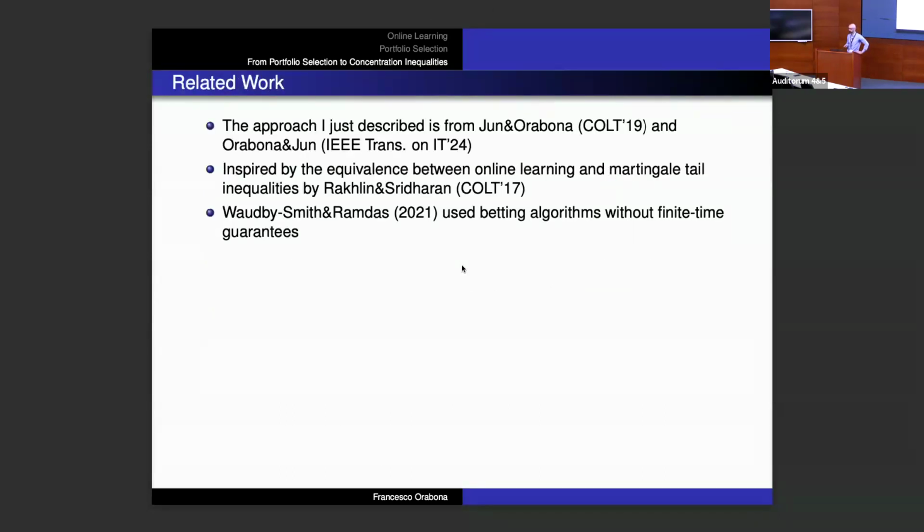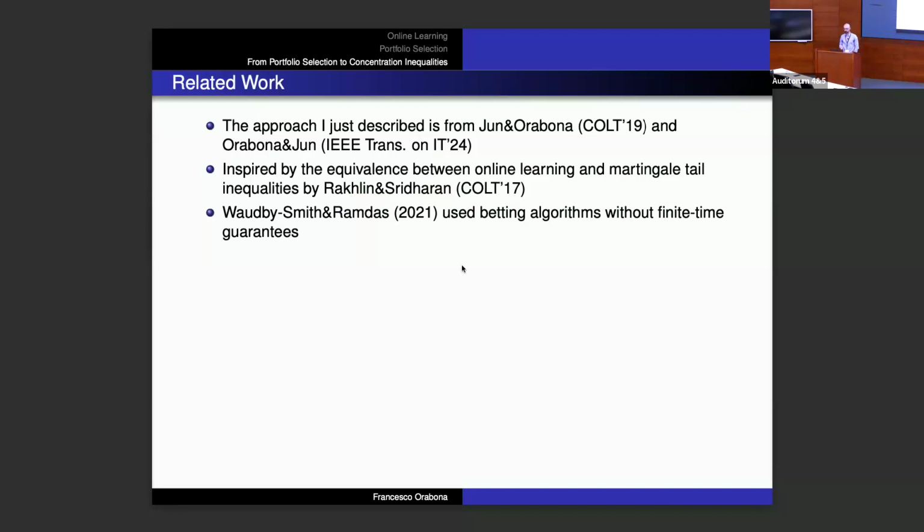Okay. A few words on this idea. All this might seem really weird, but actually, in the latest years, there are a lot of people working on this. Sometimes they call it e-values. Peter Grünwald is doing a lot of work in this field. But we started from a completely different view. We started from a paper in which they showed that online learning and martingale tail inequalities are equivalent. This was a seminal paper for us in online learning. And the equivalence goes both ways. So this means that any online learning algorithm will give you a concentration,